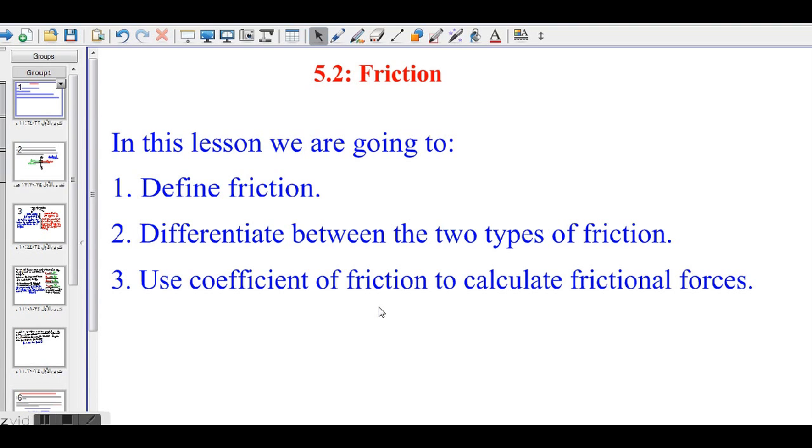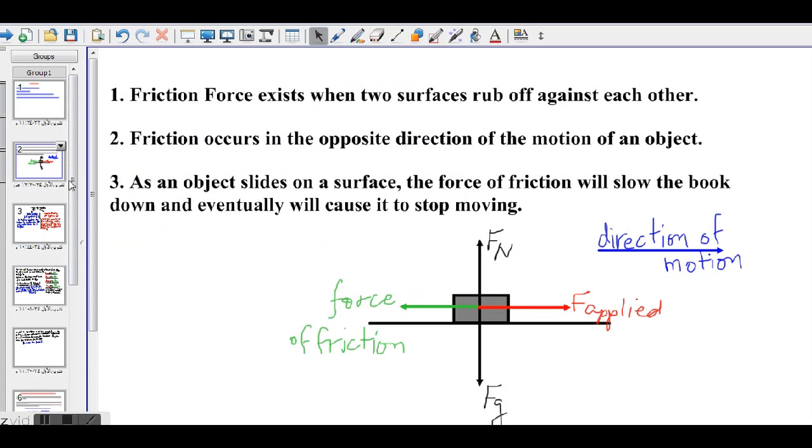As I said, friction requires rubbing between two surfaces. When two surfaces are rubbing against each other, then we say that there is friction. So friction force exists when two surfaces rub against each other. And the force of friction always acts in a direction opposite to that of the motion of an object. If an object is moving in one direction, let's say to the right, because of this applied force, due to the rubbing between the object and the surface, there will be a force of friction acting in the